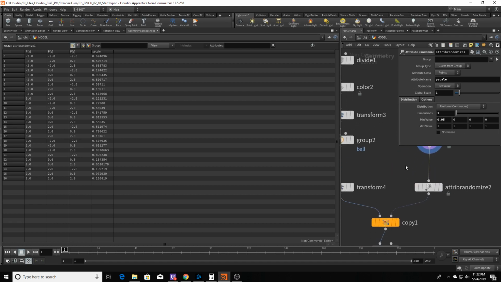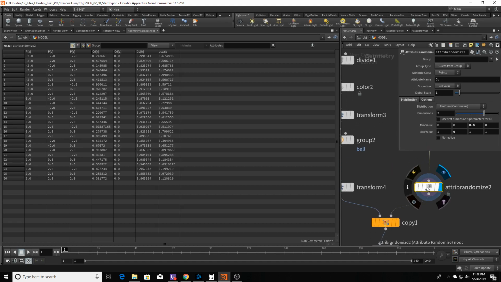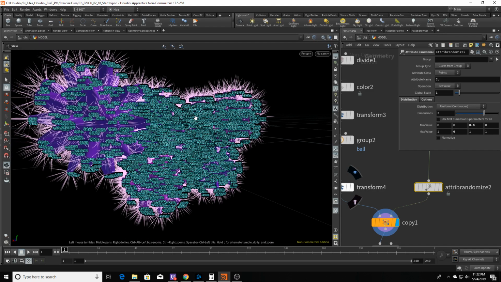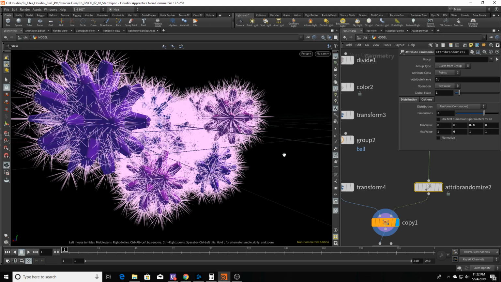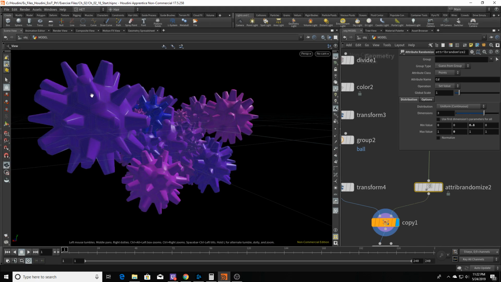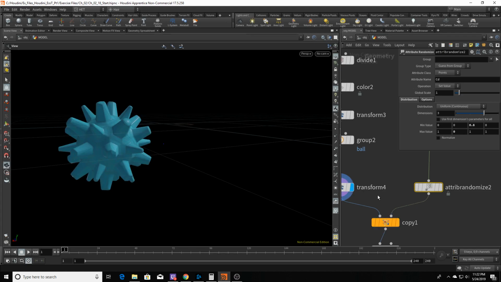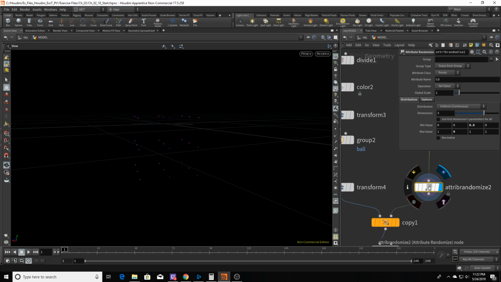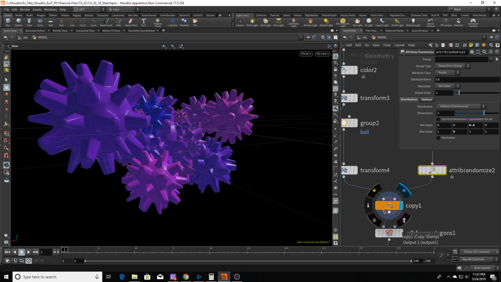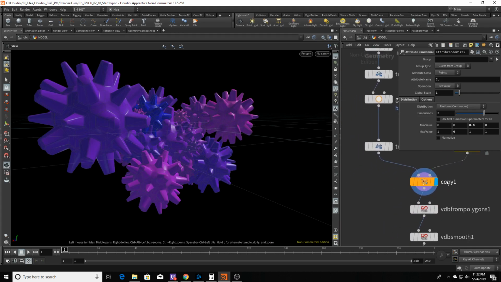So using that, and also randomizing the color, you sort of get this result. If I turn that off, and this one, okay, you get these randomized balls all over the place, right? So yeah, these are randomized using the attributes, and using the copy stamp, you can make several copies of things,